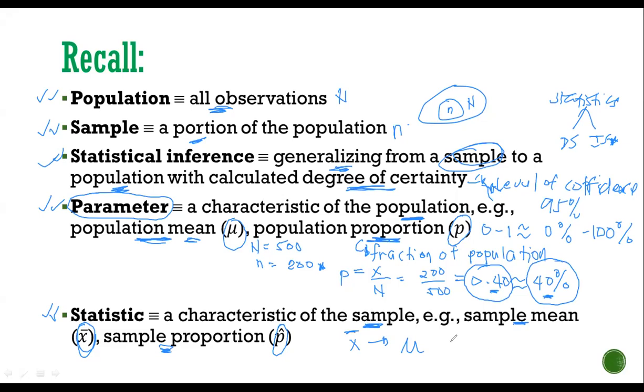Whereas, on the other hand, on the second parameter, we have here your p hat, your sample proportion, which will be utilized to generalize something, come up with something about your population proportion. That's the main goal of statistical inference. Okay? So you may take a screenshot if you wish.